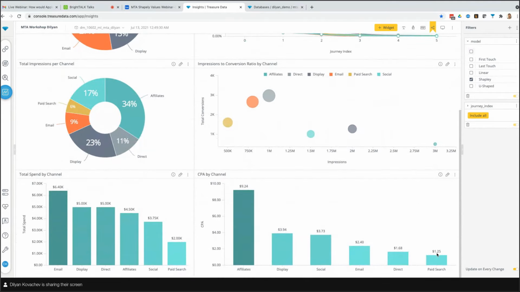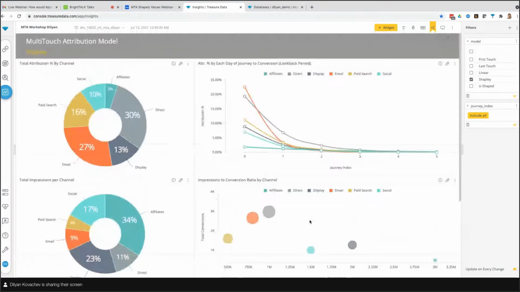And when you look at the actual CPAs, you don't see such drastic spikes until affiliates again. So what we learned from Shapley here is that we definitely need to consider how much we spend here, and then we can decide where we want to shift the rest of the budget. These seem to be the top 3: search, direct, and email. But social and display are still getting decent CPAs across. So this is how this dashboard is used.